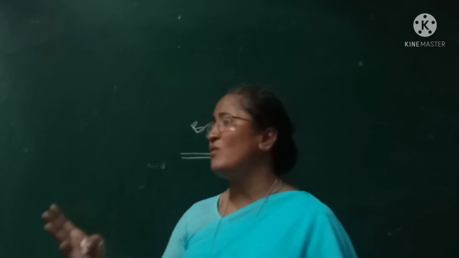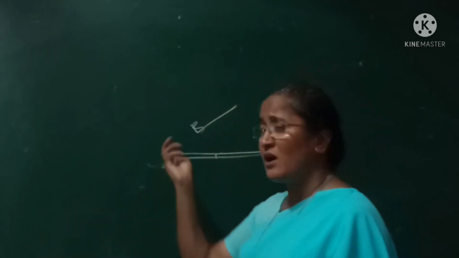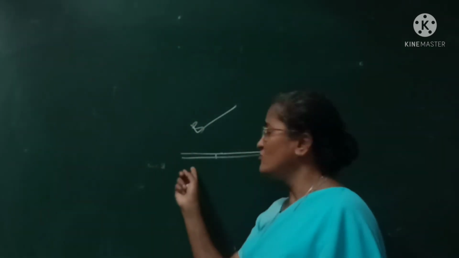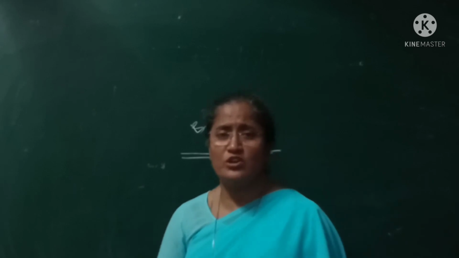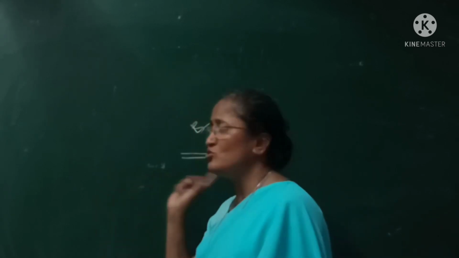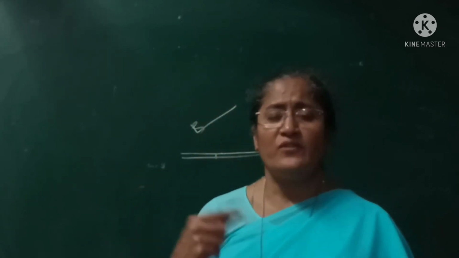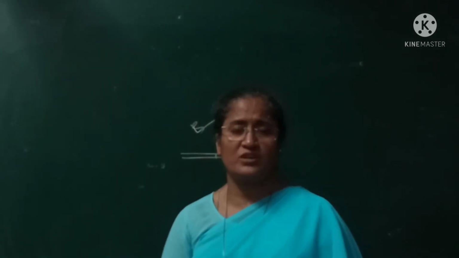Not only that, the immediate change they wanted was that if they have to hit in the air, the bat has to be straight. If it is curved, they cannot do it. So they decided to change the bat to a straight one. They also decided that the ball has to be very small in size. Then only it will be easy for the batsman to hit the ball. And they developed that.